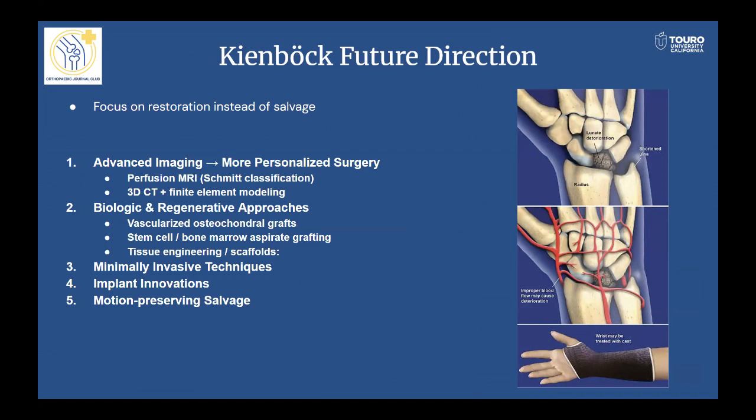Others wanted to look at biological regenerative approaches, such as stem cells or bone marrow grafting, to see if you can just restore the lunate. Others wanted to look at minimally invasive techniques, meaning just trying to decompress the lunate to help release some pain. 3D printing is something they wanted to look at as well because it will provide more personalized approaches. And then motion preserving salvage is something that they want to,